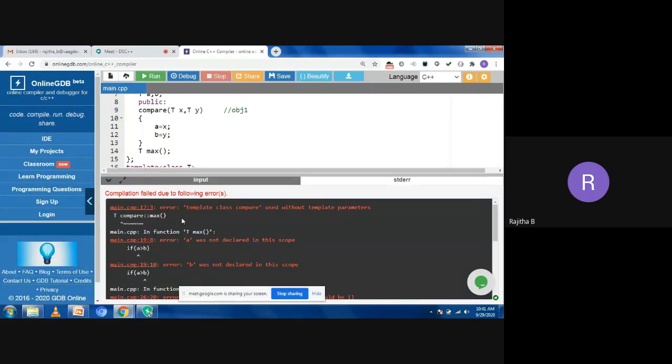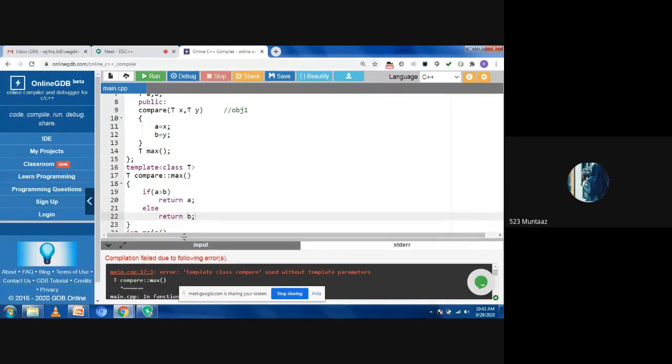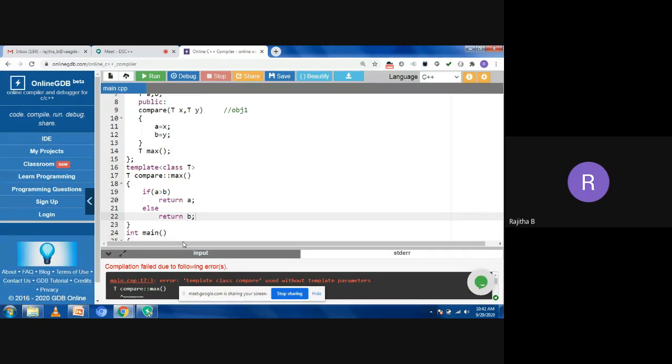Again we are getting the error: compare used without template parameters. I'm using the templates now. Yes, I got it. Now when you're using the class templates,